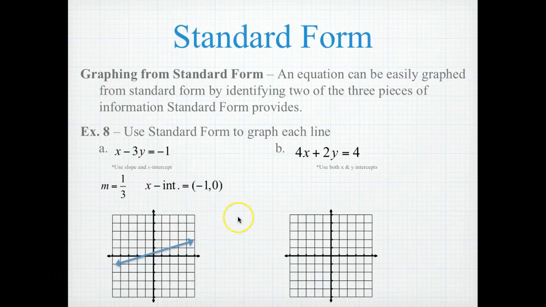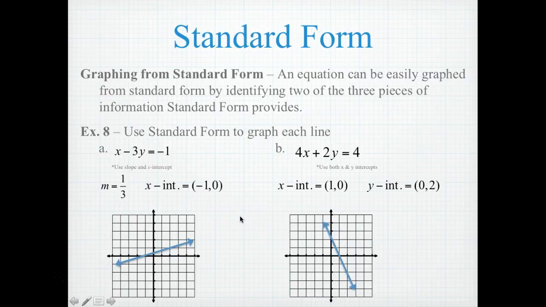In example B, I have 4x plus 2y equals 4. In this case, I can identify the x-intercept and the y-intercept. So to find the x-intercept, I substitute 0 for y, giving me an x-intercept of 1. And to find my y-intercept, I substitute 0 for x, giving me a y-intercept at 2. So if I have an x-intercept at 1 and a y-intercept at 2, I'll have a line that passes through